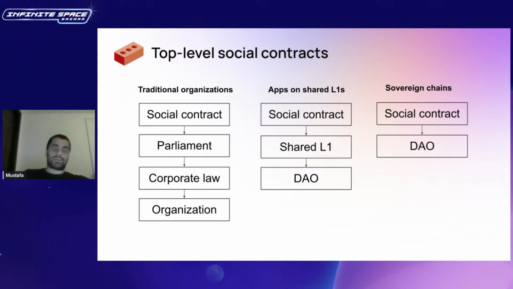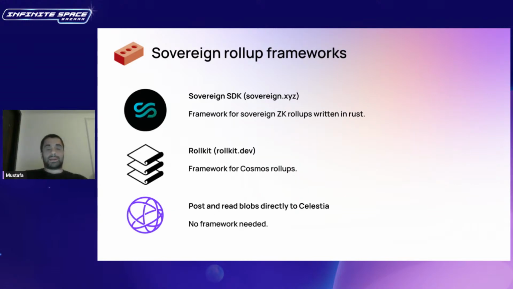And that's why I think sovereign rollups are very interesting, because they enable users or communities to create their own sovereign chains very easily and very quickly. Whereas historically, they would have to recruit a validator set. They would have to create a proof of stake network from scratch using Cosmos or Polkadot, for example. So sovereign rollups are still very early, but there are a few people working on frameworks to allow people to deploy sovereign rollups. You have Sovereign SDK, for example, which is a framework for deploying sovereign ZK rollups written in Rust. Then you have Rollkit,